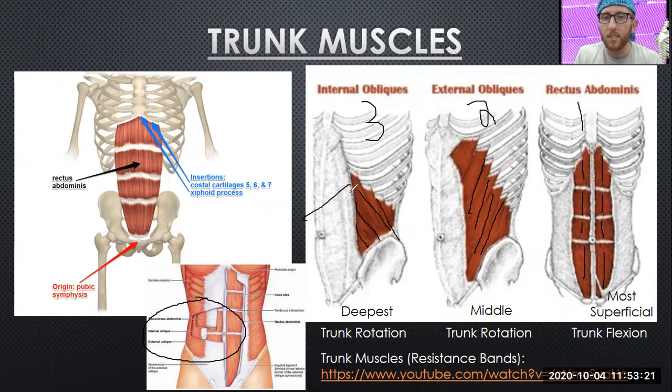They form essentially a roof shape. So a roof shape is going to be the internal oblique, a V shape for the external oblique, and straight up and down for the rectus abdominis. And we're not so worried about the exact origin and insertion, but you can see up here the insertion is going to be the costal cartilages, and the origin is going to be the pubic symphysis, pubic bones